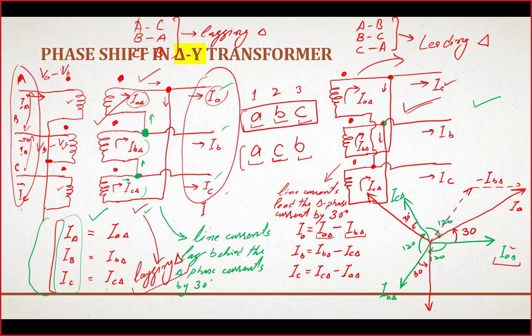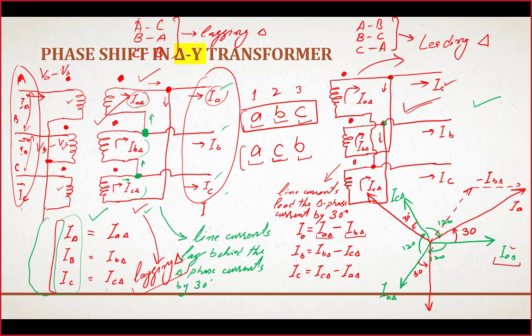That is due to the delta connection, because delta phase and delta line currents are not in phase with each other. Next is why there is a phase difference between two sides, because delta has a phase difference, so that phase difference will also appear on the two sides of the transformer. Next question, whether Y side quantities will lead or delta side quantities will lead, it all depends upon the delta.